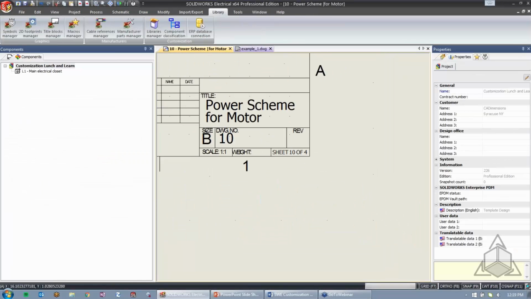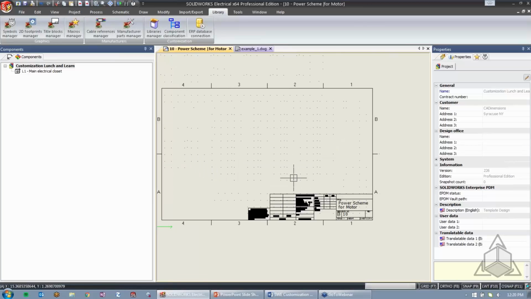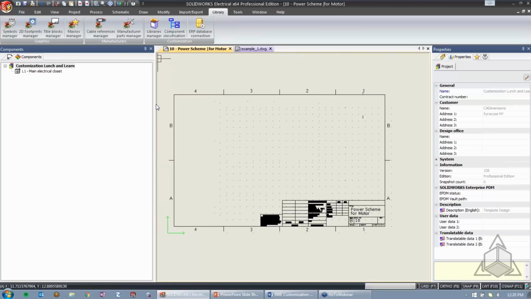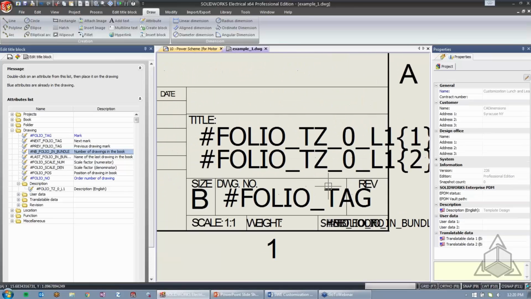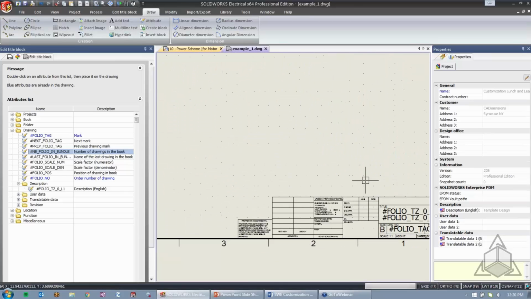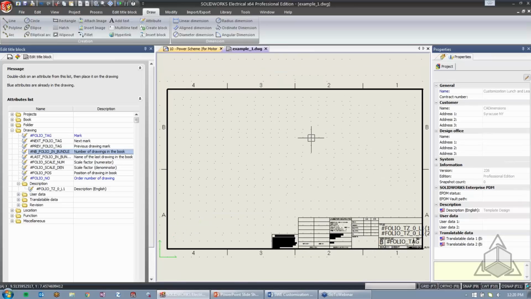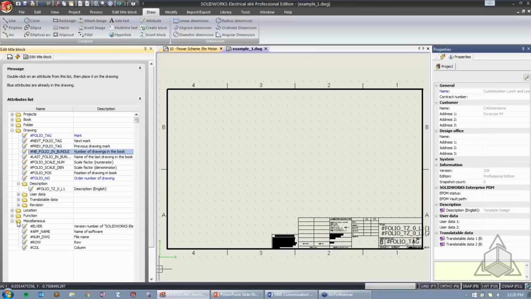All right, so I'm happy here, and like I said, I don't really want to use the standard that's coming from the mechanical side. I want to create my own row numbering. So I'll go back into my edit title block area, and I'll start to create some rows. Now a row is just like any other attribute, but it responds a little bit differently. So from my miscellaneous folder in my attribute list, I have a row attribute. So I'll double click him,